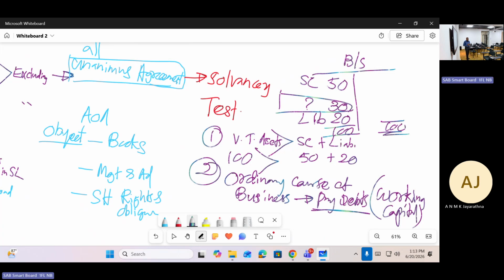30. What is the 30? Yeah, 30. What is the balance sheet? Yes, 30. Balance sheet, take it out. State of capital, liabilities or